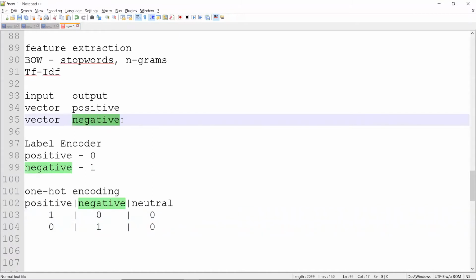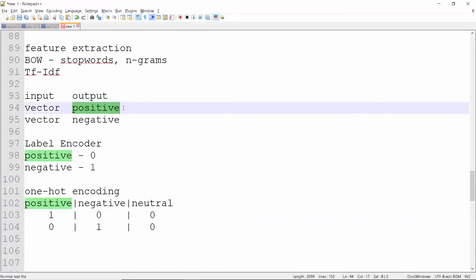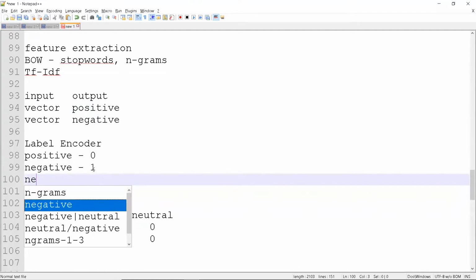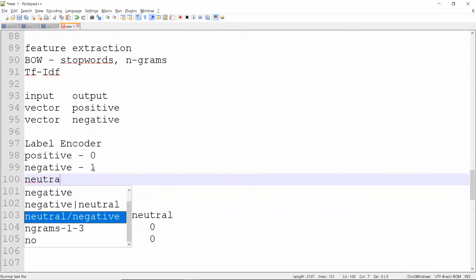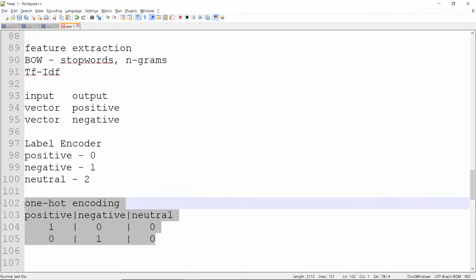But what about the label encoder? It will just create a single column, it will just change this only. If you go for neutral here, it'll just assign some numbers. So this is 0 or 1. If it's present, it will be 1. If it's not, it's 0. Even this also provides some additional performance improvement,